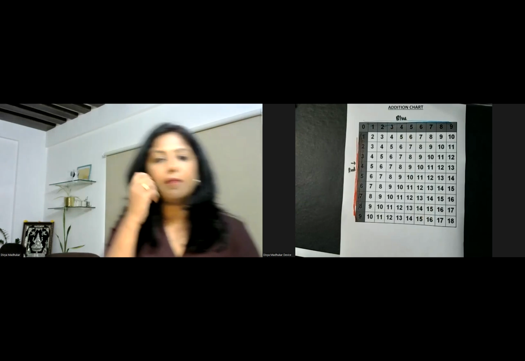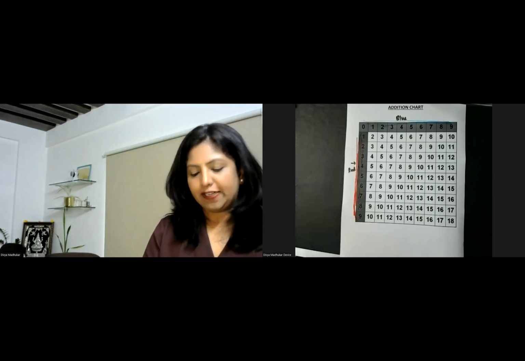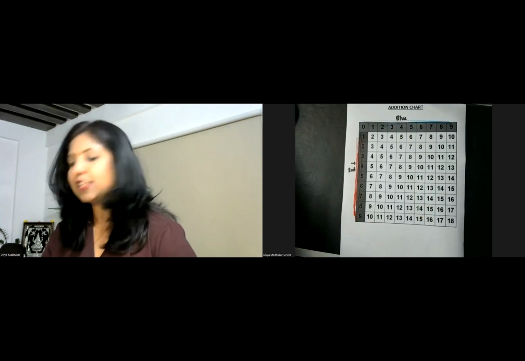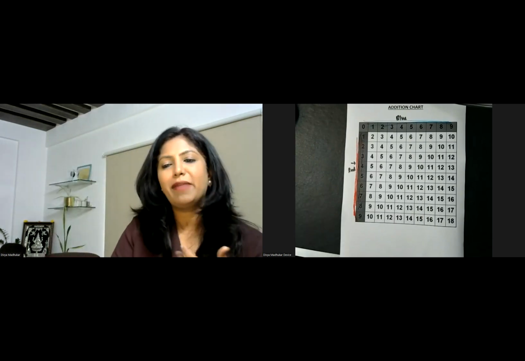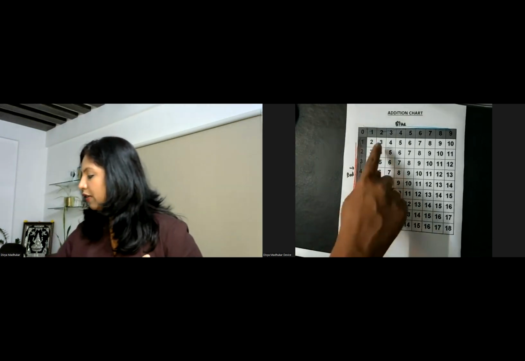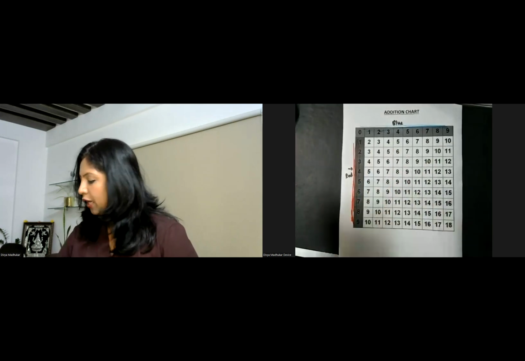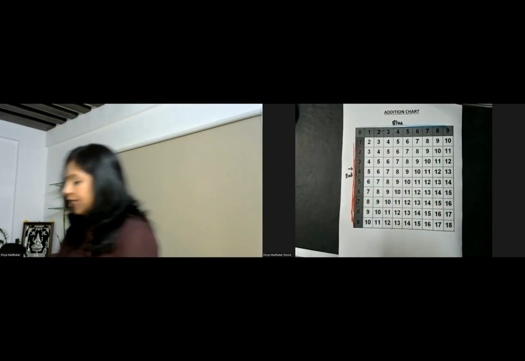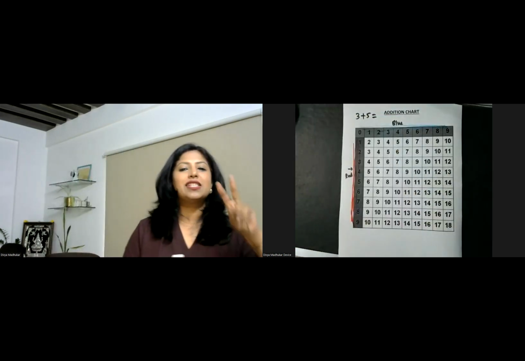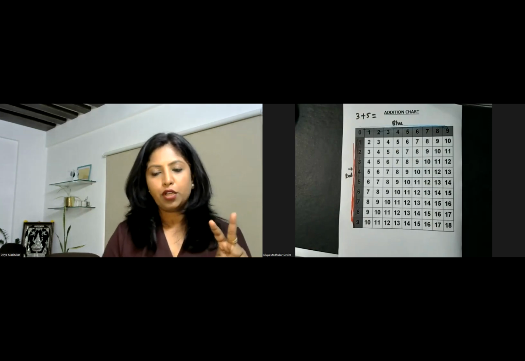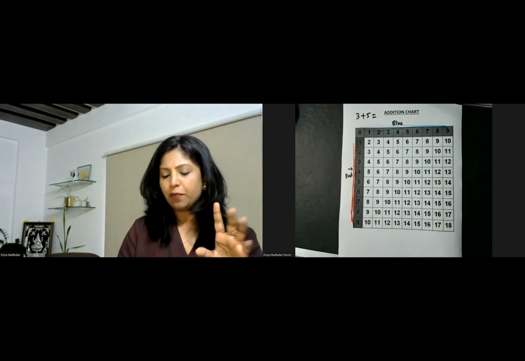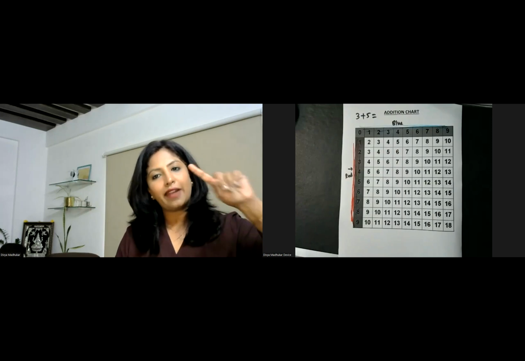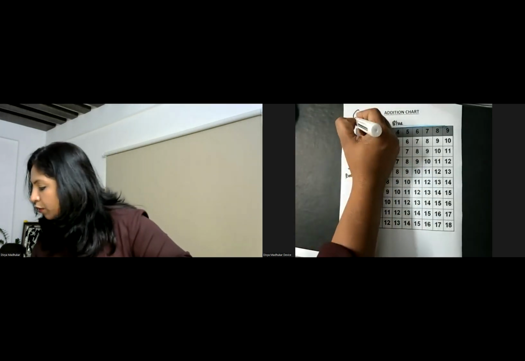Now you need to give some problem statements for your children. For example, this is called a blind chart, or we call it a blank chart. So you will refill all these numbers over here. Now, when the teacher gives them a problem statement, like 3 plus 5 is equal to what? Since it is associated with two numbers, you use two of your fingers to represent it. Always your first finger on the red. That means the first number would always represent your red color. The second one is your blue color.